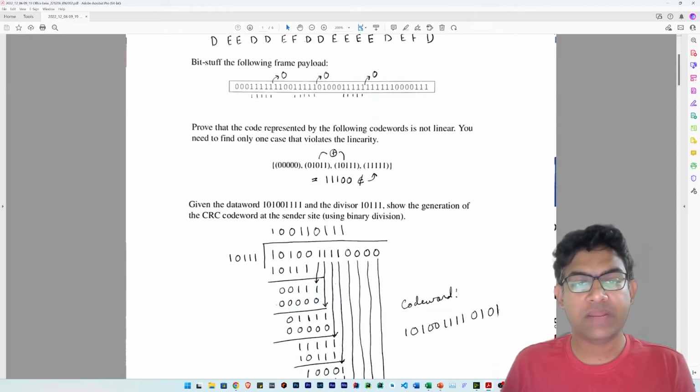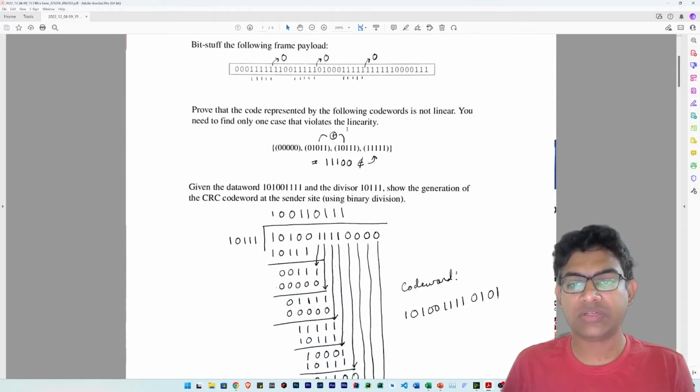Prove that the code represented by the following code words is not linear. You need to find only one case that violates the linearity. So I've just cleverly chosen these two here. If I XOR the two values, 0, 1, 0, 1, 0, 1, 0, 1, 1, and the rest,